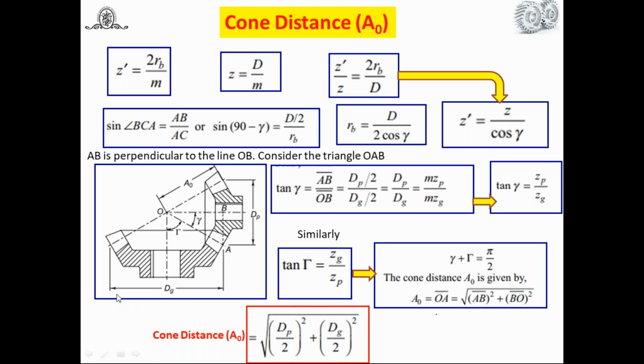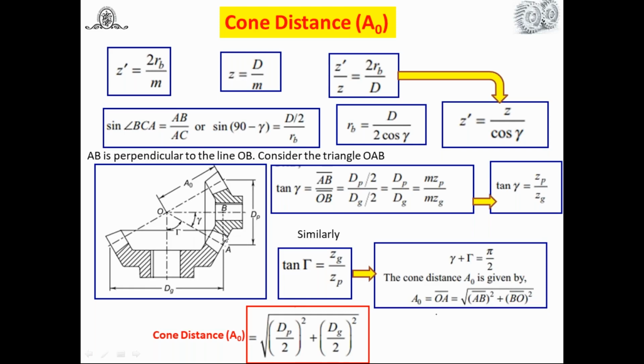Similarly, look at this. This is the gear at the large end. Always you have to take it at the large end. This is DG. Then this is the pitch line of the gear, which makes an angle with the axis. That is also gamma. Alpha is a different one. This is also known as gamma, the pitch angle. You can say large gamma, no problem, but we are stating it as gamma, the pitch angle. Again here, look at this diagram.